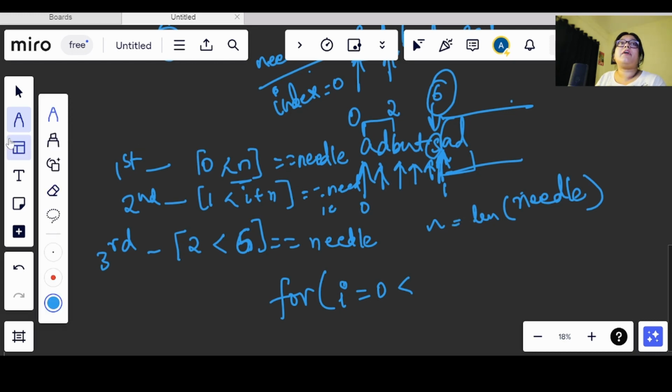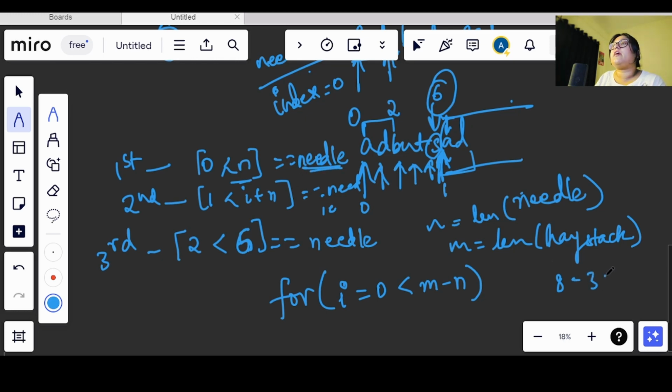Then till where we will go, we shall also take m as the length of this haystack, right? So let's take this as the haystack, and now we will go till less than m minus n, right? So now I have the length here as 1 2 3 4 5 6 7 8, and the length of this needle is 3, right?